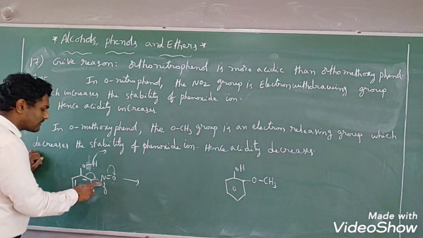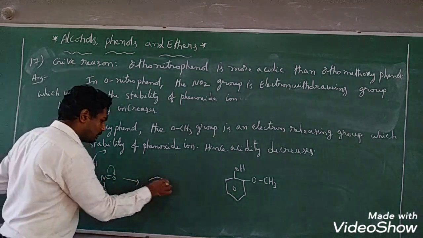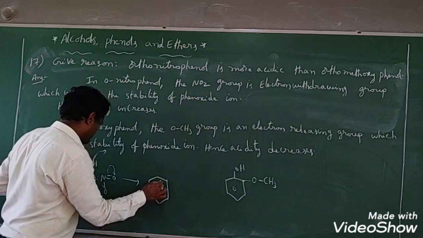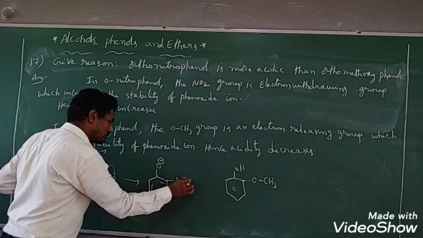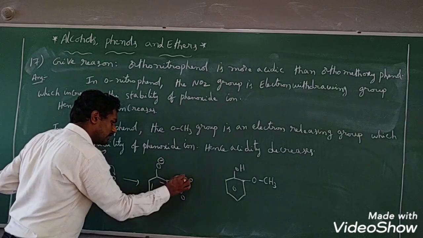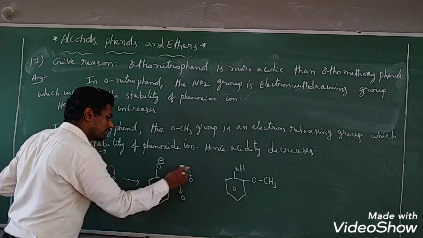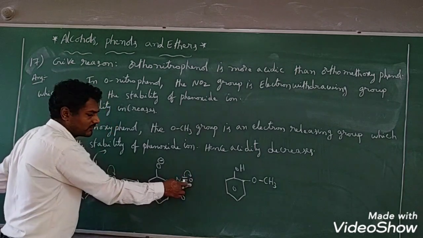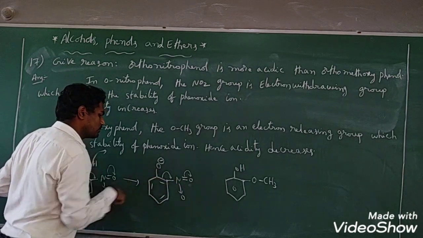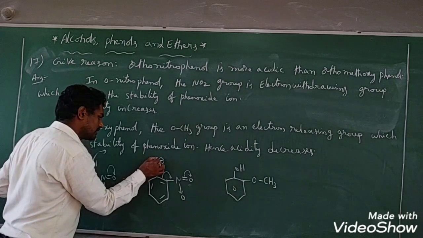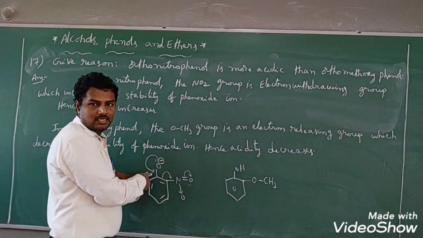Here, due to the presence of the electron withdrawing group, after removal of the H plus ion, what will happen? See, the NO2 group is there. Between nitrogen and oxygen, oxygen is more electronegative. So shifting of pi electrons takes place towards the more electronegative atom, that is oxygen. The pi electron migration takes place towards the NO2 group, and automatically the electrons will shift up like this. That means the negative charge is neutralizing here.